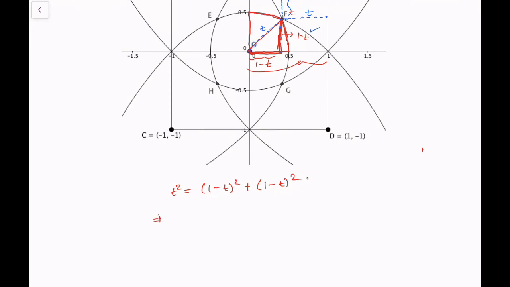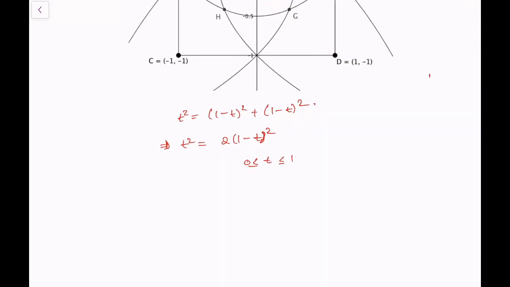So this would be t squared equals 2 times (1 minus t) squared. Since t is greater than 0 and less than 1, everything is positive, so we can take the square root on both sides. So t equals square root of 2 times (1 minus t),